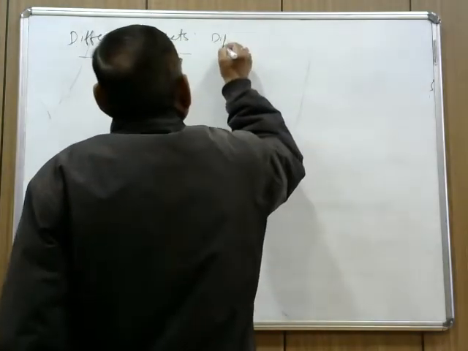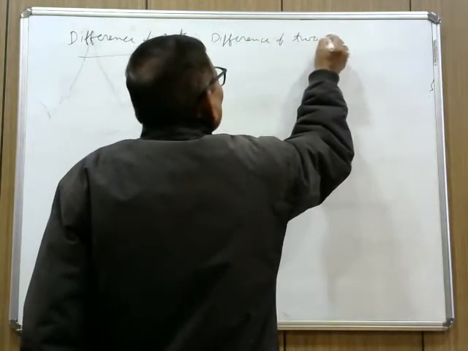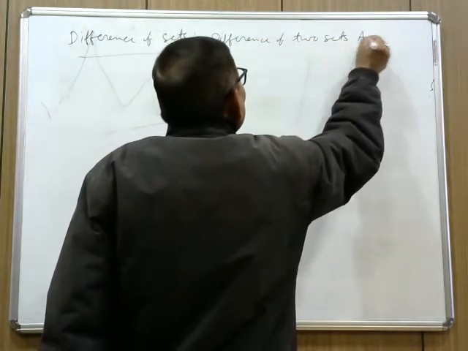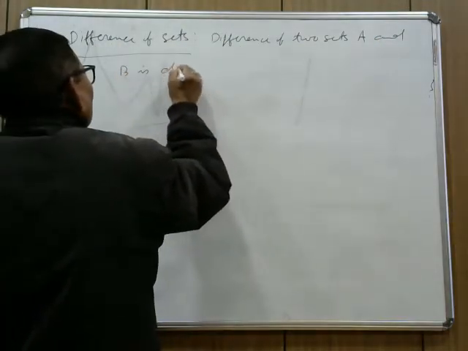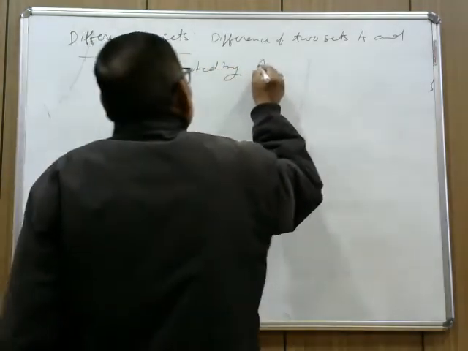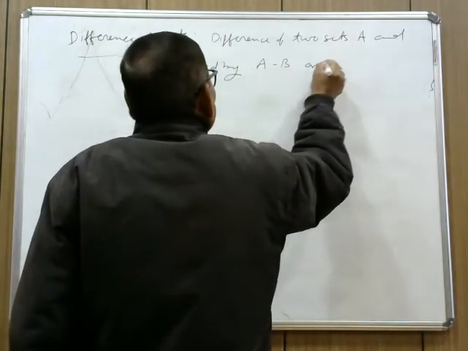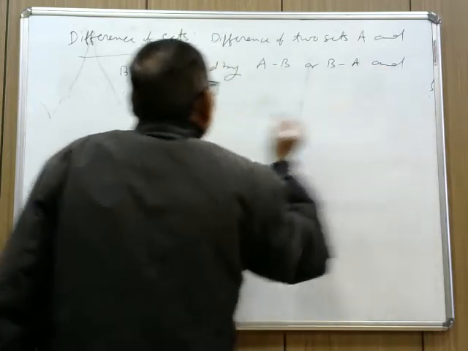The difference of two sets A and B is denoted by A minus B or B minus A, and it is defined by